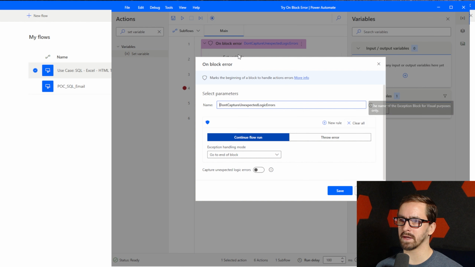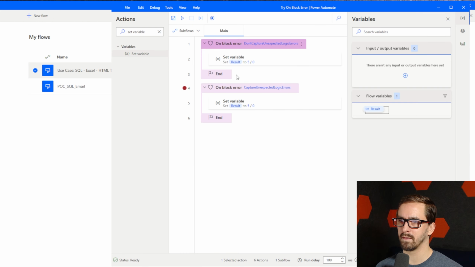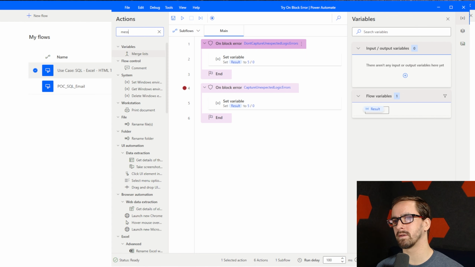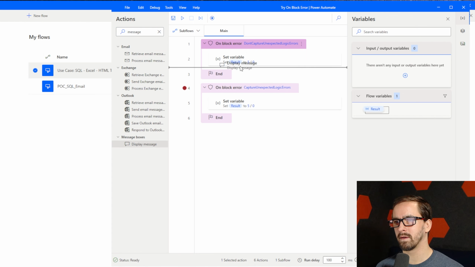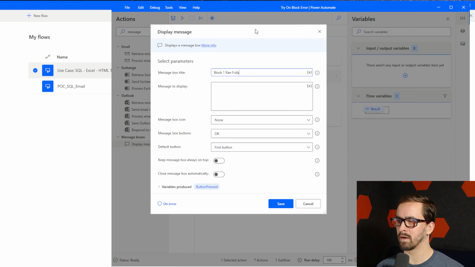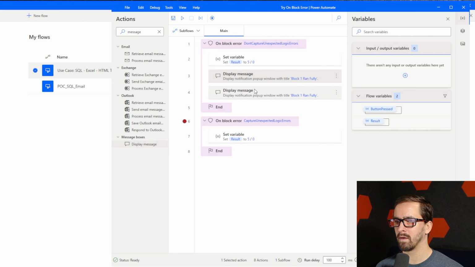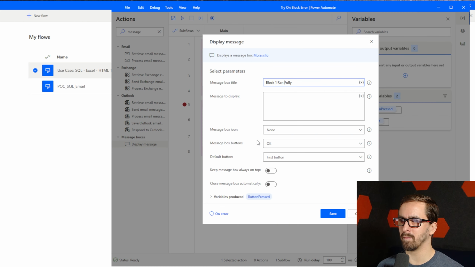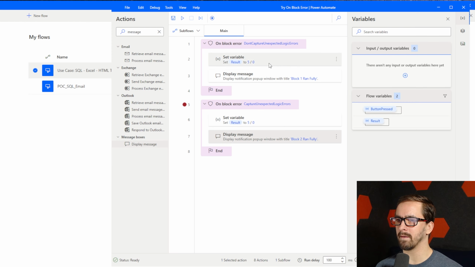Okay, no. It just doesn't capture exceptions. Okay, let's use a message box. Block 1 ran fully. Okay. And then block 2 ran fully. All right. So what I'm going for is that what I want to know is, okay, so in the first